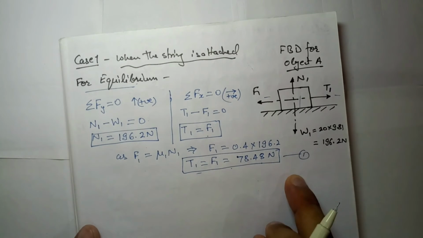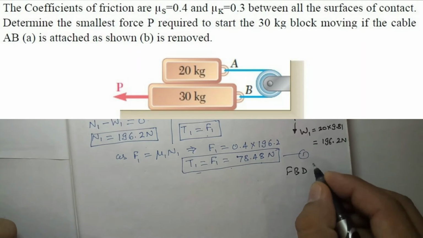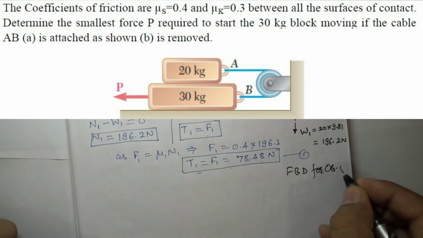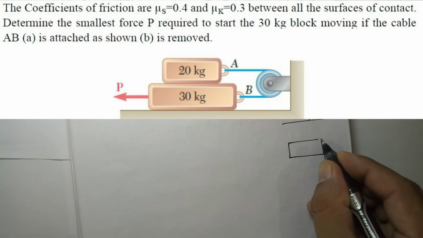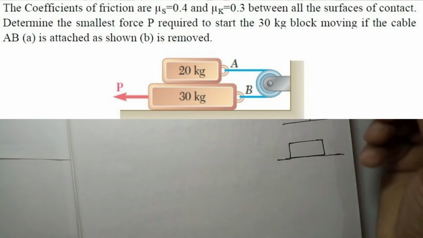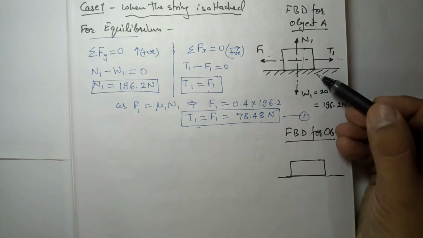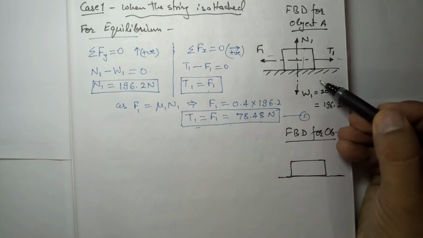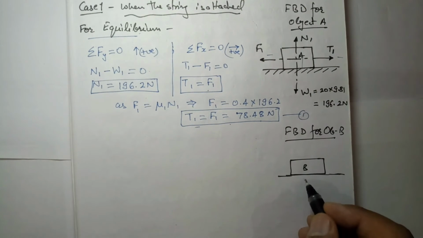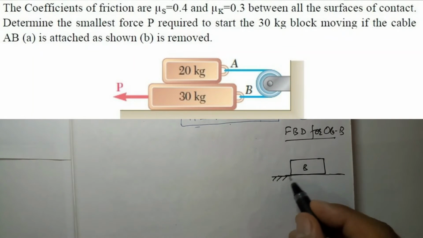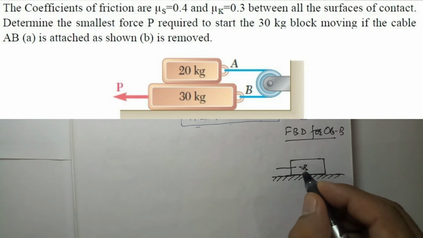We are going to use this when we consider the second object. Now we will draw the free body diagram for the second object. Now for the second object, what is given over there? This is the same object. This object was placed on the body B, so we consider it on a surface. Like B object is acting as a surface only for A body, but for B body it is being placed on the surface, right?